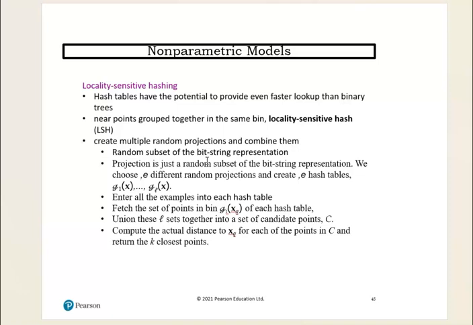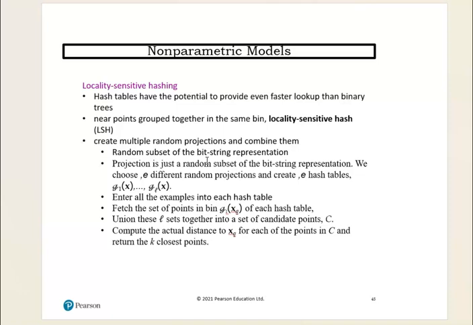So to solve approximate near neighbors, we'll need a hash function g of x that can map for us from the original feature space x to the new hash space. Now this hash function will have to have a property that for any 2 points xj and xj prime, the probability that they have the same hash is small if their distance is more than a certain number. Okay, so that's how we're going to design our mapping function, or our hashing function, to make sure that if 2 points